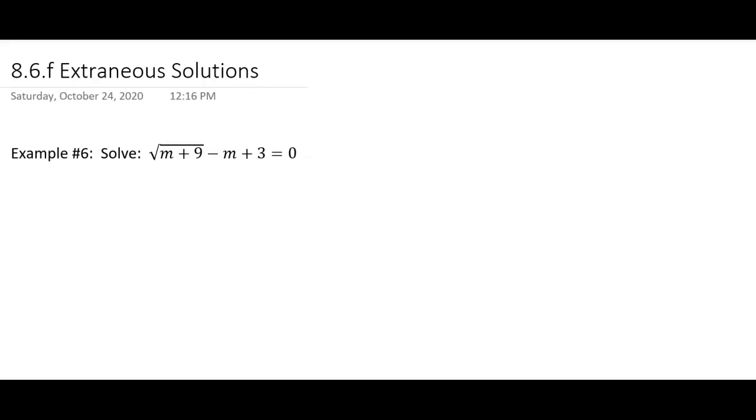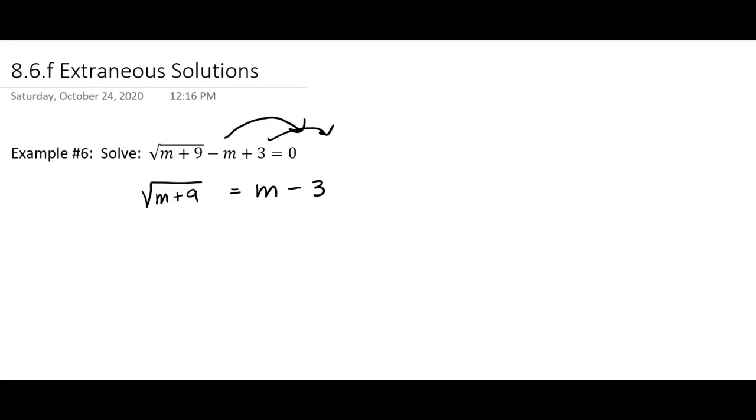All right, so we have an equation. It has a square root in it. We want to isolate the square root. So that means we're going to have to move the m over and the 3. It was really a negative m. So we get the square root of m plus 9 equals, now that's going to make it a positive m